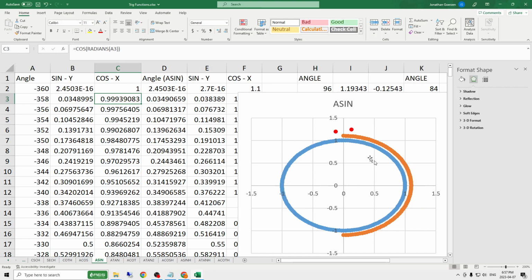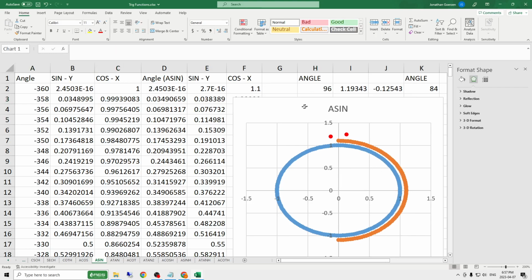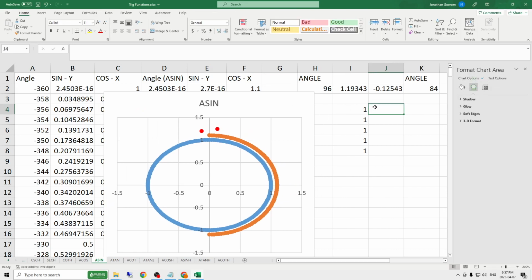And I've just graphed a unit circle and then taken the sine and cosine to graph that, taken the arcsine of each of those values, and then plotted the sine and cosine of the angles that it was able to return. I've also built a small random angle generator, which shows that if you take the sine and then the